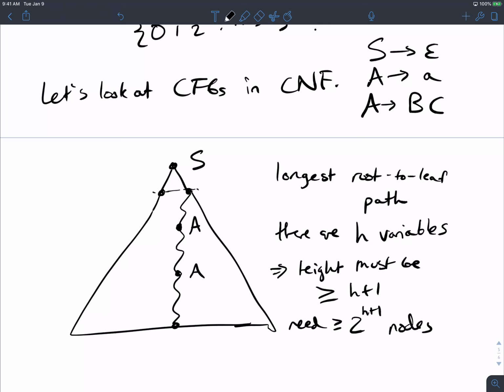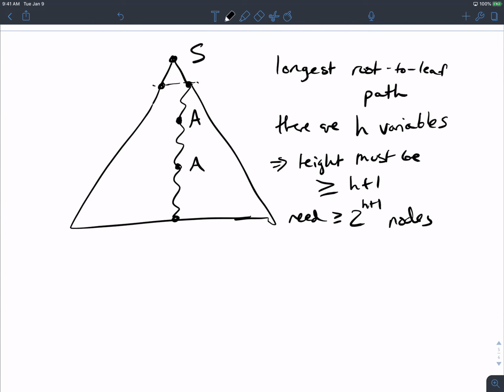Because it can't generate the empty string, it must generate some non-empty portion of the string. So the bottom A must generate something of the string. I'm going to label that as a subtree rooted at this second A. And then the A before it must generate at least as much of the string.